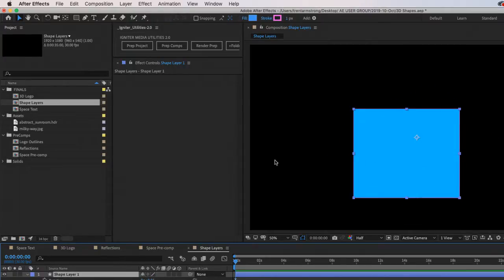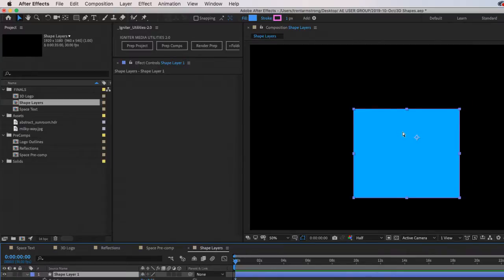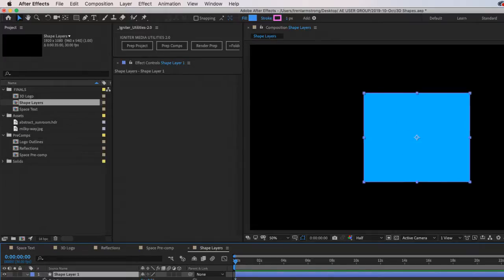Now you can center up your anchor point and center up your shape with some hotkeys. You do Option, Command, Home, which centers up your anchor point, and then Command, Home centers up your layer. That's Option, Command, or rather Alt on a Windows machine, and Home, and then Command or Control, Home. Now you're lined up. You also have the ability to twirl this down and see all of the options for your shape layer.